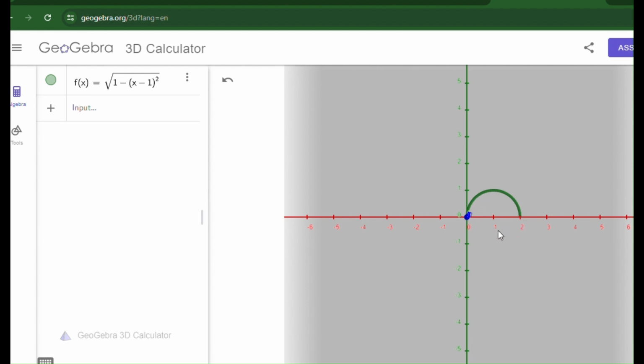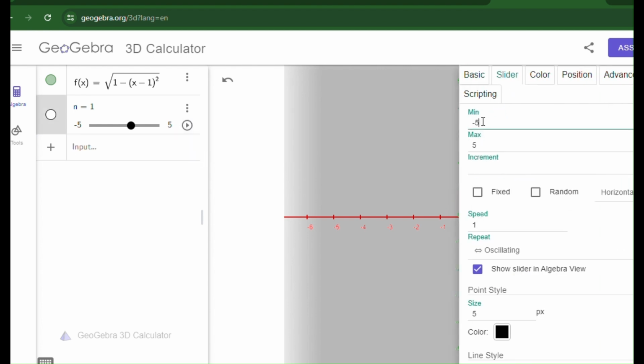Now I removed the plus 1 just for the sake of using GeoGebra. I'm just going to revolve this around the x-axis, and the computation is easy. But the surface area, the volume, any numbers I would compute from this would be the same, because that plus 1 isn't going to affect the size of that circle I'm going to create. I'm going to now create a slider, and I'm going to change its minimum value to be just above 0, and I want to revolve this into a complete circle. So I'm going to go from 0 to 2 pi,